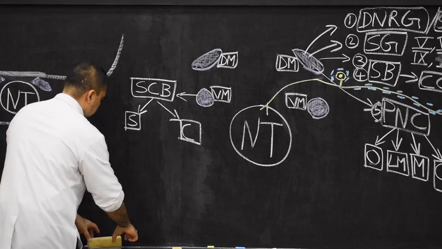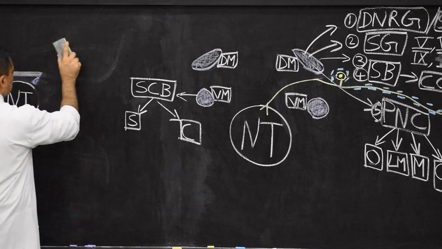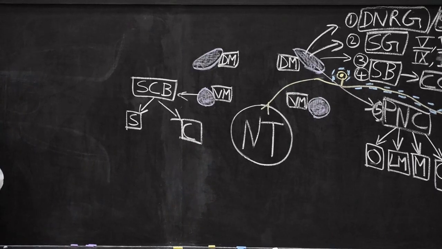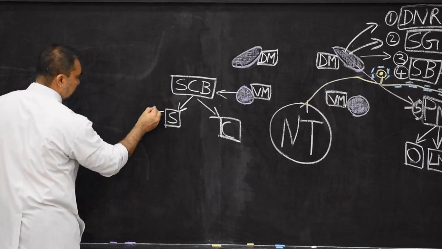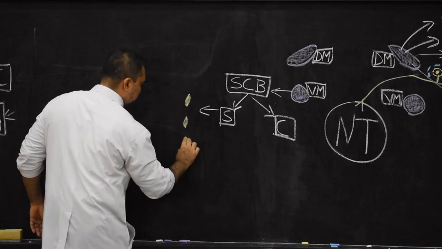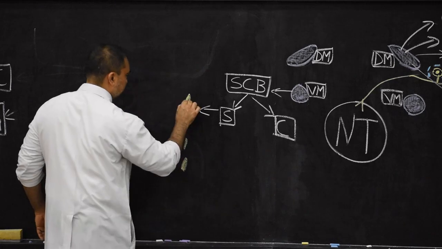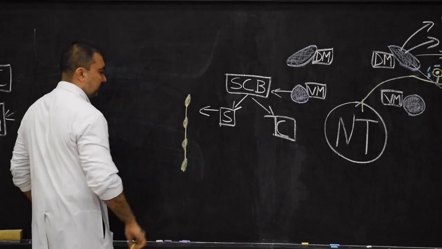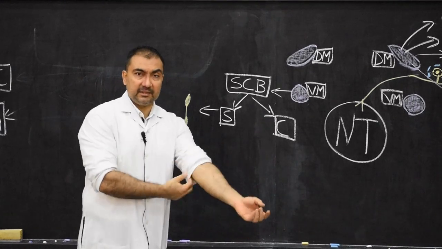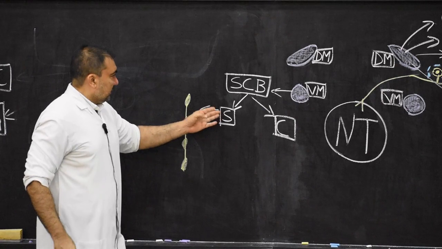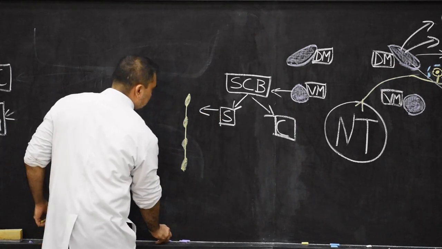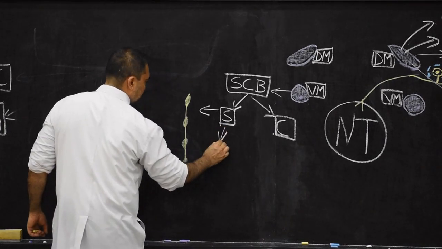Let me rub over here so that we are able to write and draw properly. From sympathetic, I will show this in the form of a sympathetic chain. Now this is the sympathetic chain which you can show. Therefore, this sympathetic chain, the cervical, thoracic, lumbar and sacral sympathetic chain, will entirely develop from the sympathochromaffin body. Then the second structure to develop will be here,